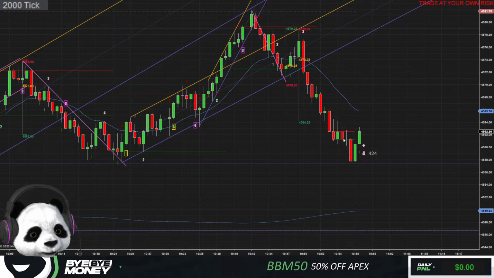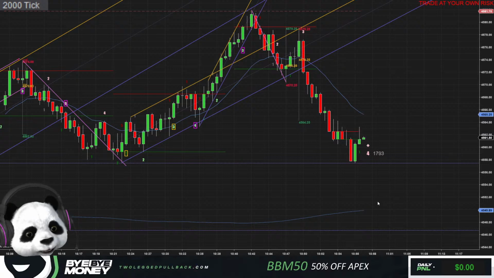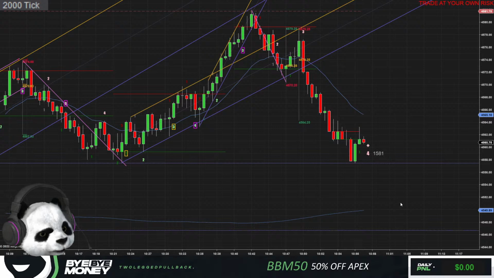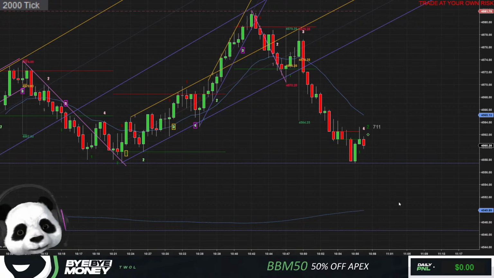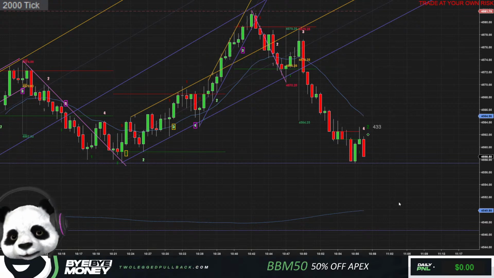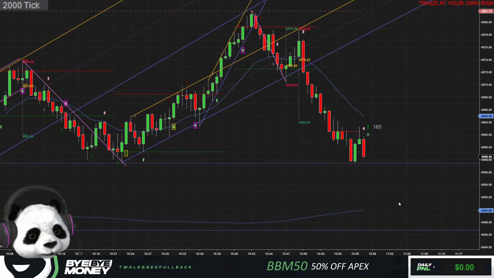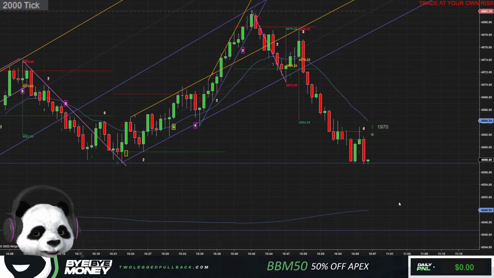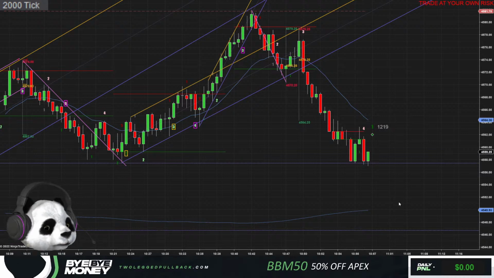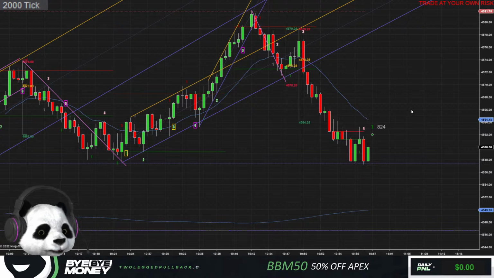Strong bull bar. I'm not going to take that reversal. Very risky. Right, when you're in a downtrend, it's hard to go long like that. Another push down, breaking the new low, making a new low here. Absolutely no setups for us, just watching this go without us. It is what it is. There's nothing I would really trade in all of this.